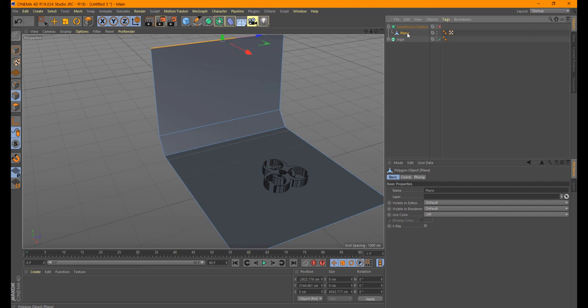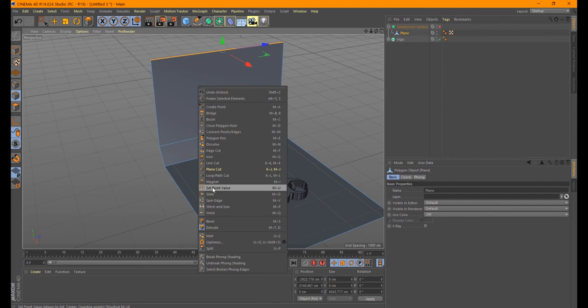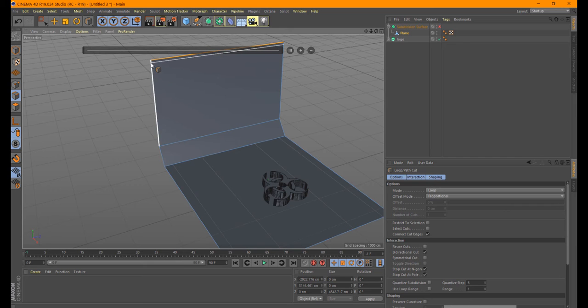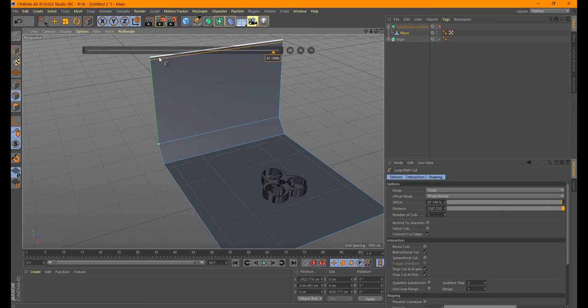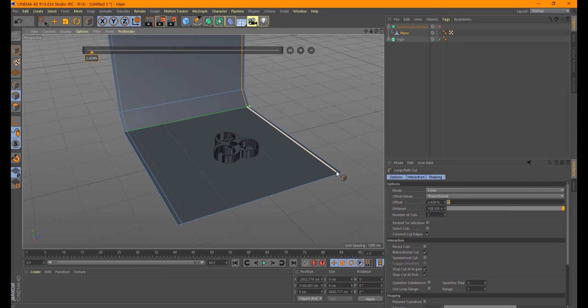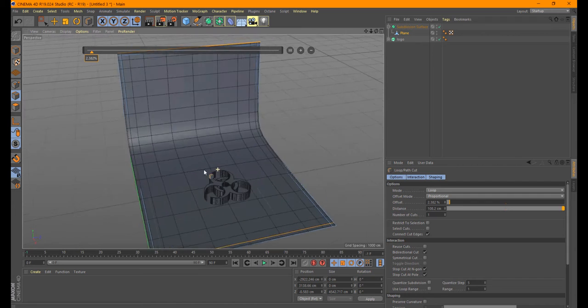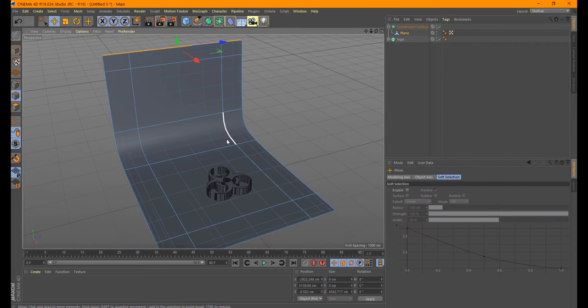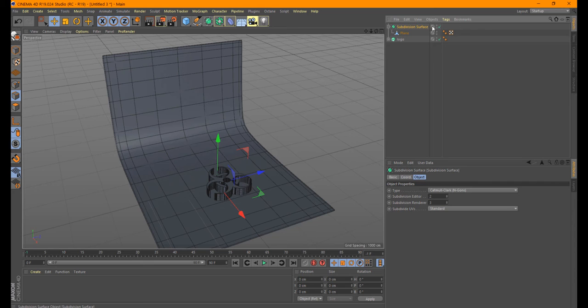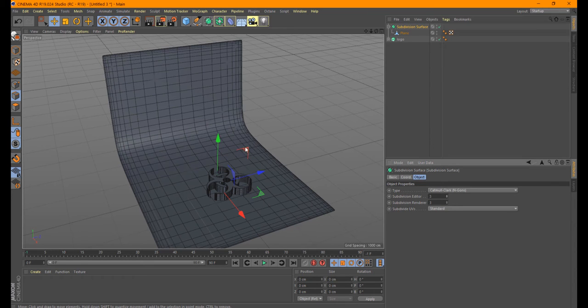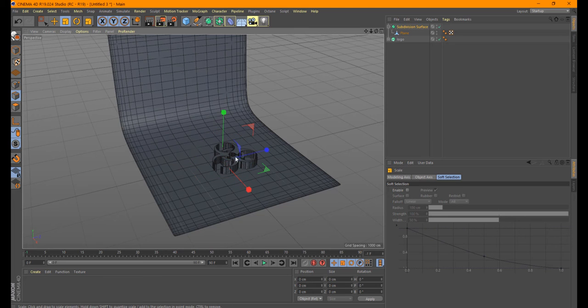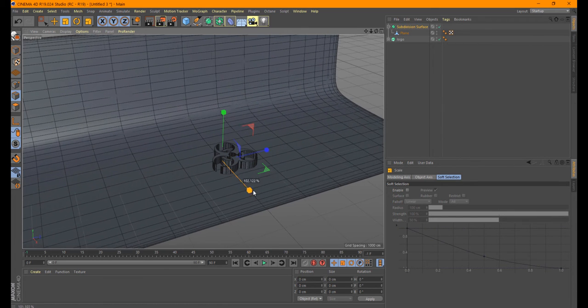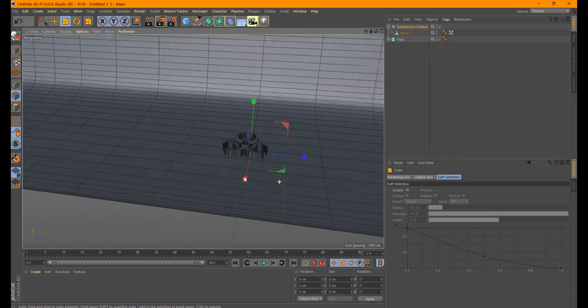So I'm just going to turn this off, and then I am going to right click, loop path cut, and add one here, add one to the left side of it, and one to the right side of it, and one here. So if I click here, now if I turn this on, you can see that it is actually holding the shape. So I'm going to hit E to move, and then I can make it even smoother, set it to 3, and then just select it and scale it with T